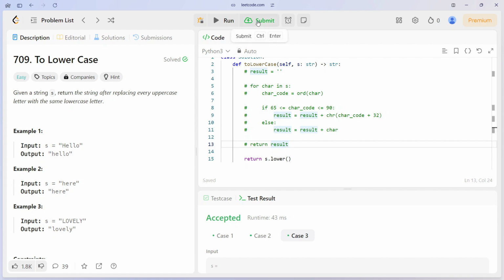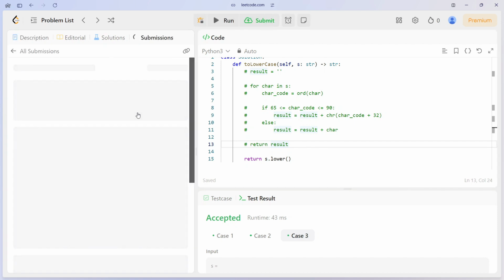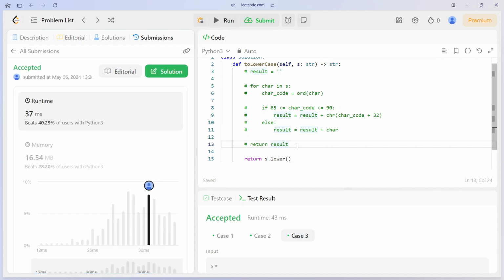Let's submit the code with the built-in function. After this, we can also submit the code with